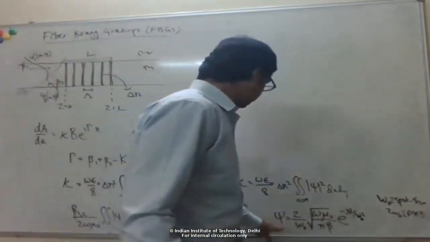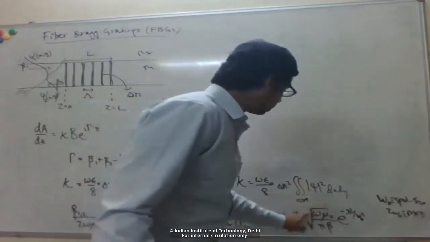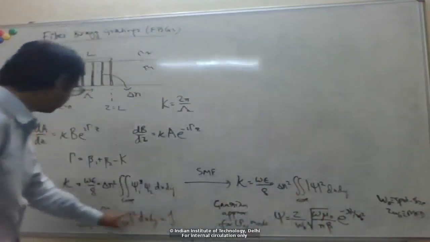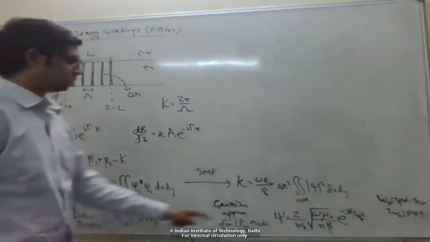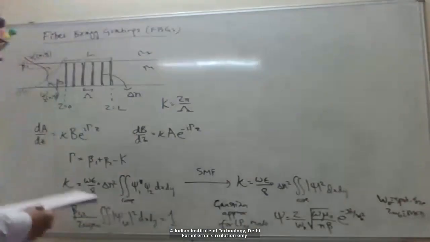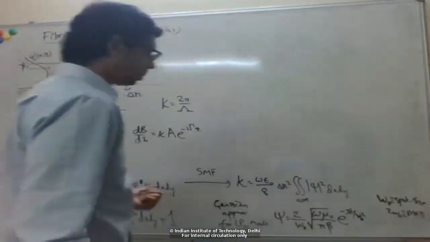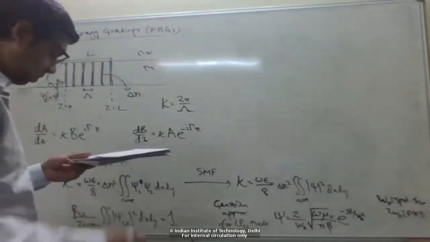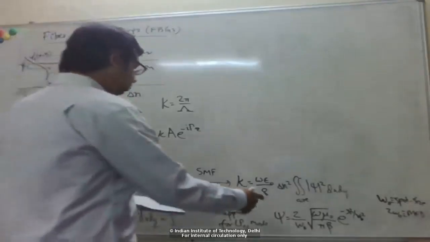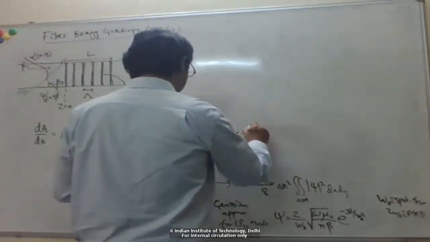If we approximate this mode as a Gaussian, this factor is a normalization factor such that this integral is 1. If you assume this Gaussian mode profile, then we can easily evaluate this integral, because it's just a Gaussian function. So if we do that, we get